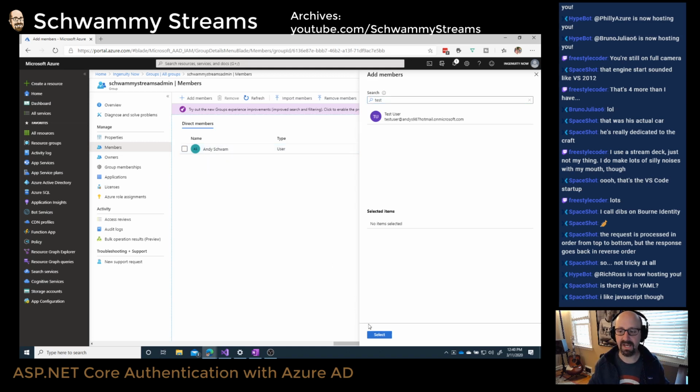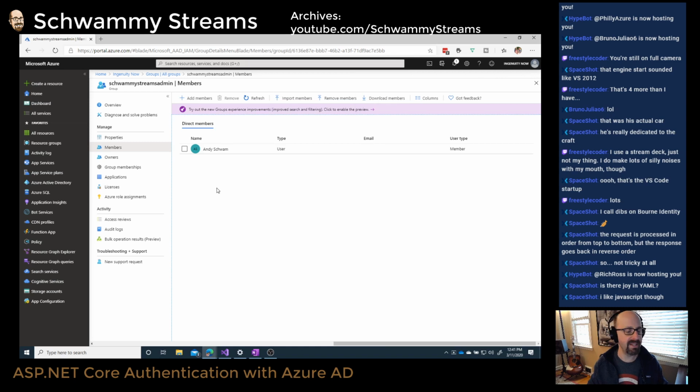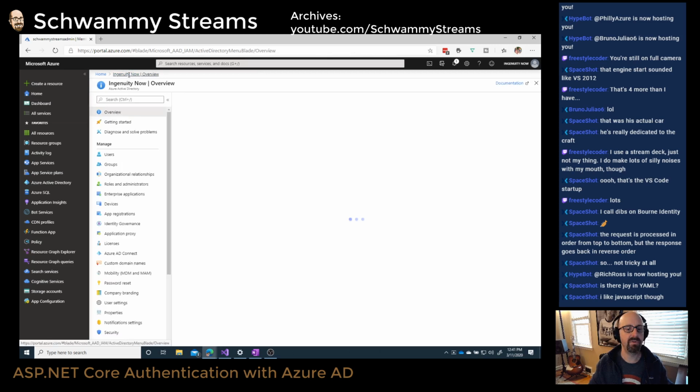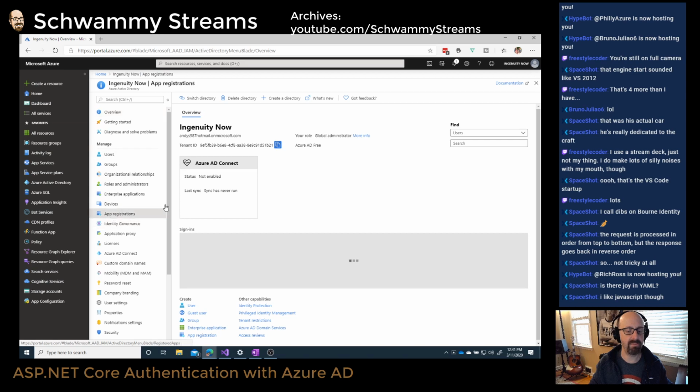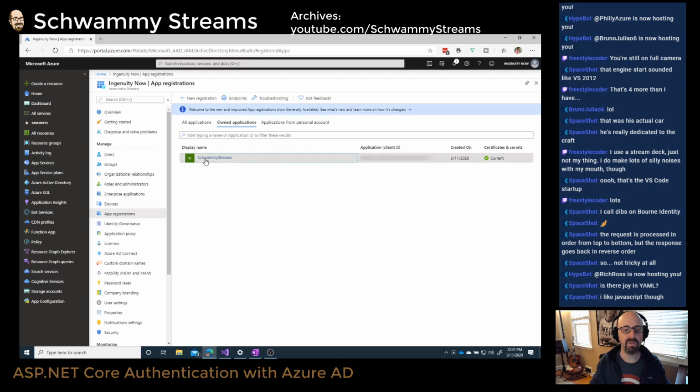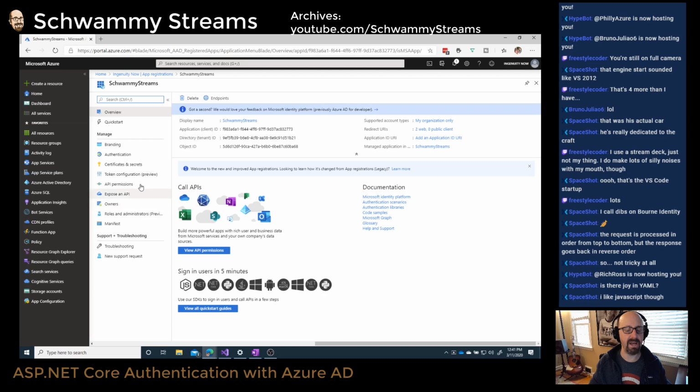So since I'm in that group, let's close this. Since I'm in that group, that's great, but that doesn't enable all the group information to come down into my requests when I do that. I want to get the group information when I authenticate people. So the way to do that is to go back to my app registrations. Go to Shwami Streams again. This is my app registration. And I need to go into